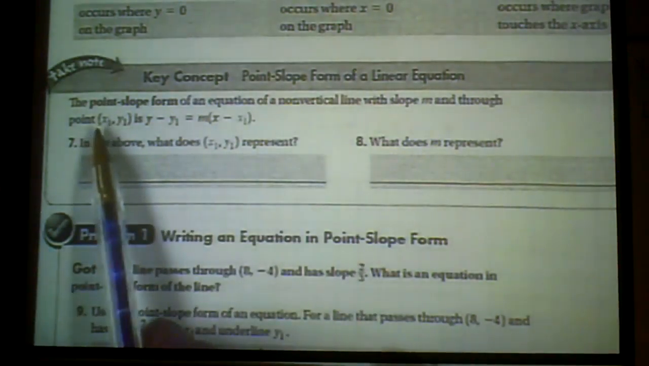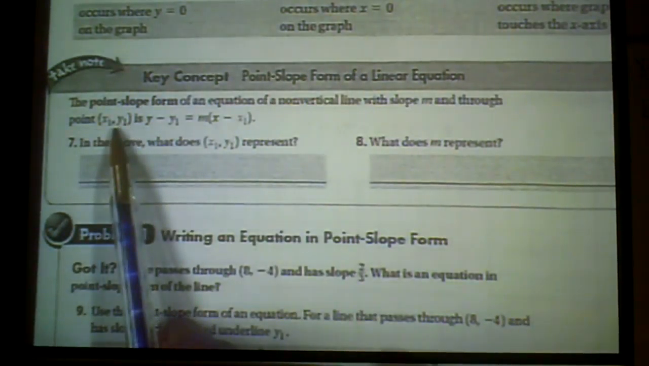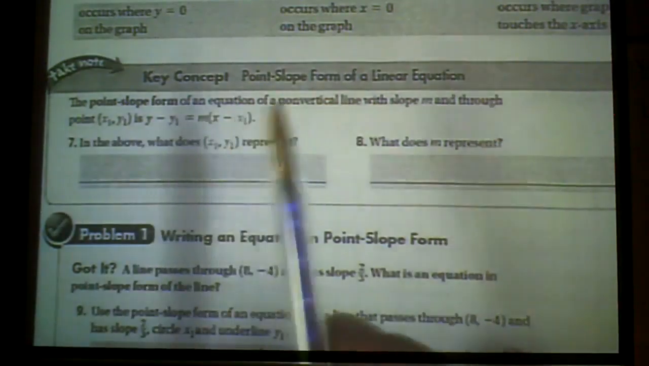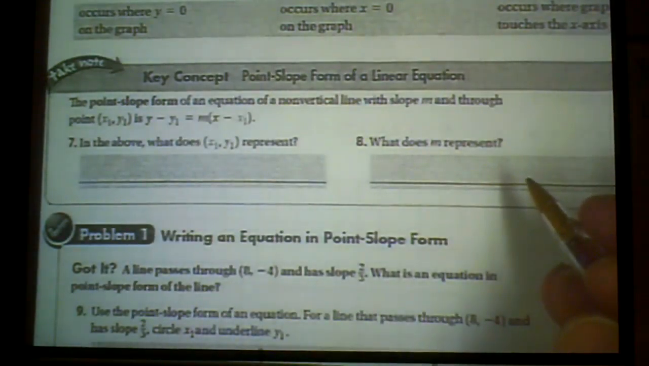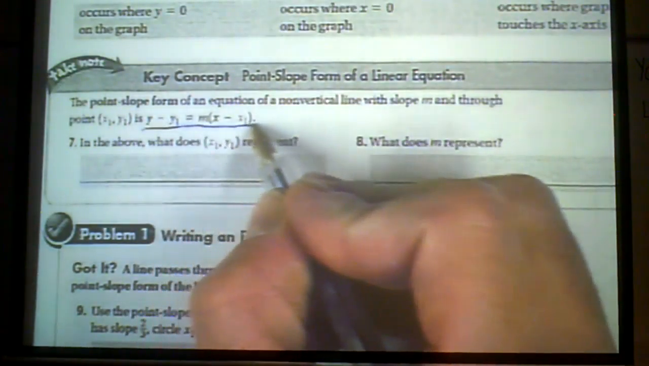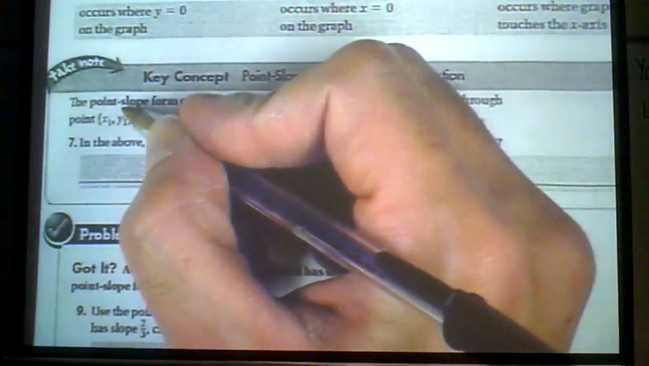We have this equation, y minus y1 equals m times x minus x1, and this is called point slope form. Point slope form is another way of doing our y equals mx plus b. So point slope form is this equation here, and instead we have this point right here,